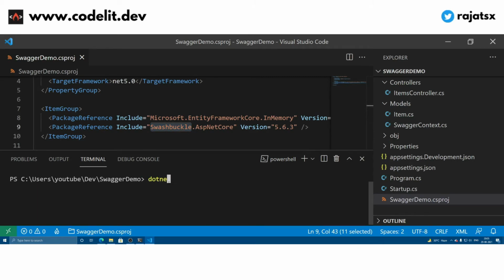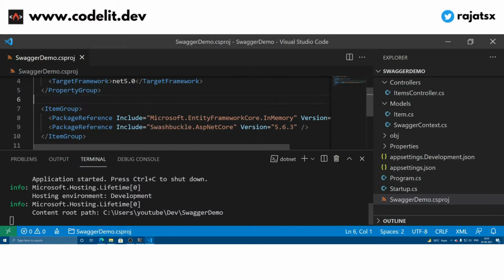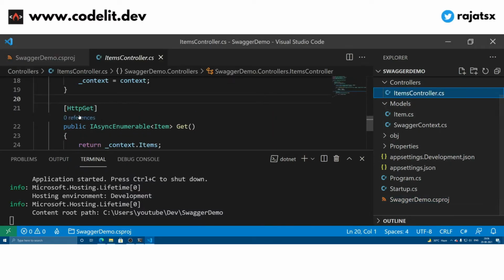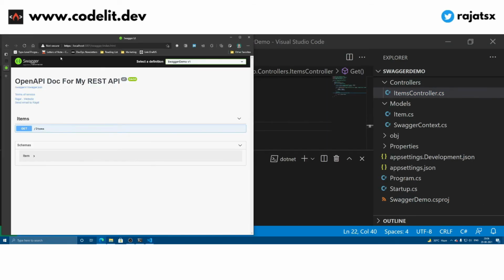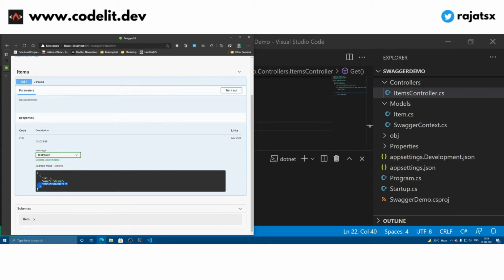Okay, so let's run the API again, and let's reload this thing, because now we have annotated our get method properly. We will get to see the particular get route, and it says items. Okay, so over here I will get to see how my response will be produced. So it is going to be an array of type this particular entity, and this particular entity is coming from the items model, right? So these are the three fields available in the items model, and over here I can clearly see